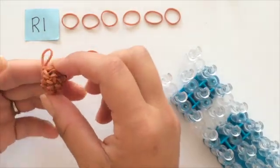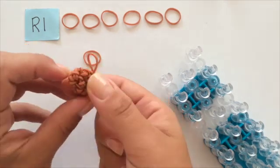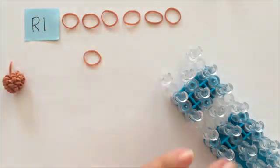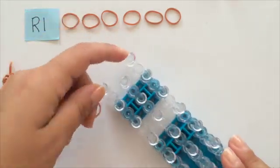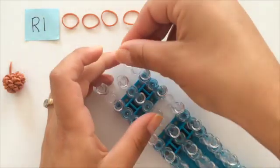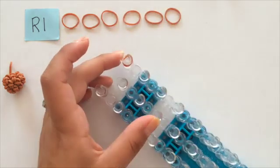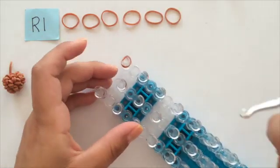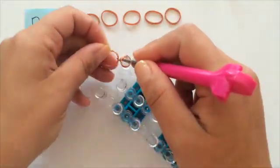We're going to start off making his legs, and I'm going to show you how to do one, and then you're going to pause the video to make yourself another. So right now we're going to do 6 single crochets in the magic ring. So I'm going to take one band and wrap it around the bottom peg 3 times. 1, 2, and 3. And now you're going to pull 6 bands through, one at a time. Reaching in, and you're going to bring your band through